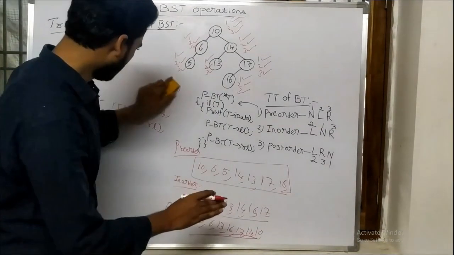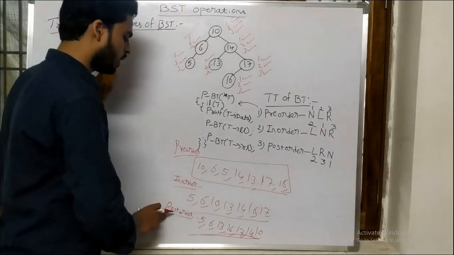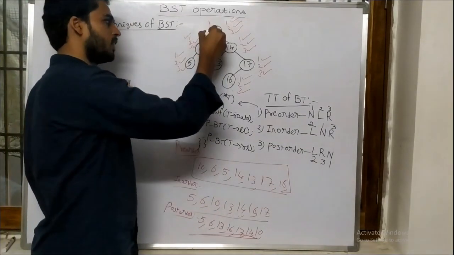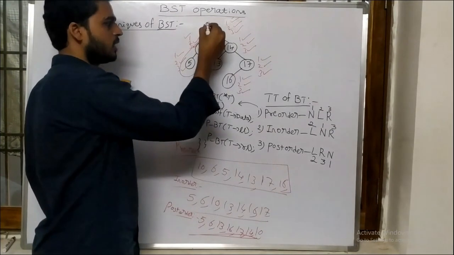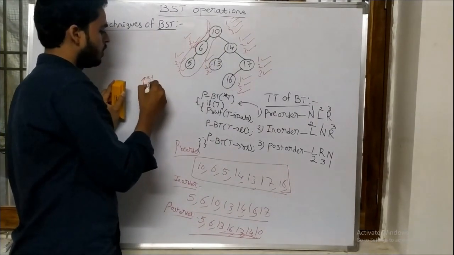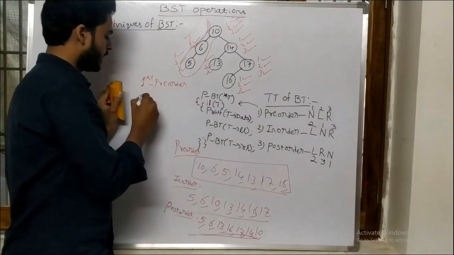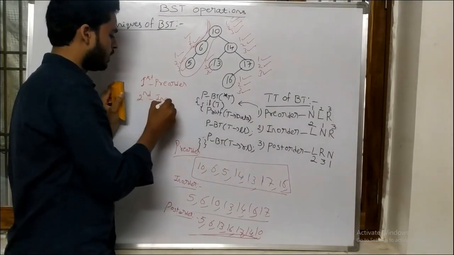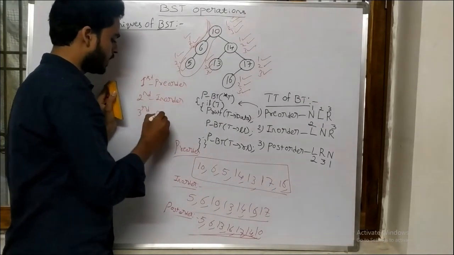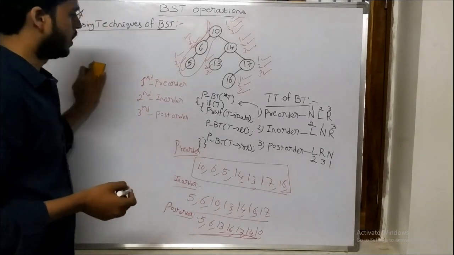Why? Because we have clearly seen what is pre-order, in-order and post-order in various ways. One is the representation like this, traversing also. When you visit a node the first time, it is called pre-order. When the second time visit, it is called in-order. When the third time visit, it is called post-order also. I have explained. Okay, fine, no problem.